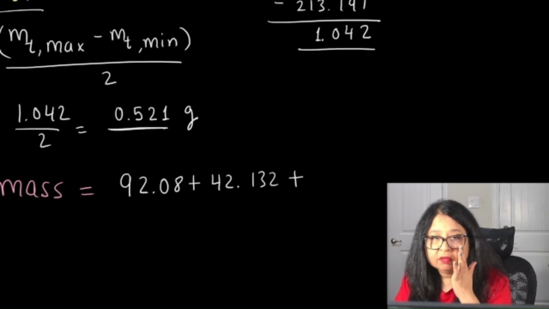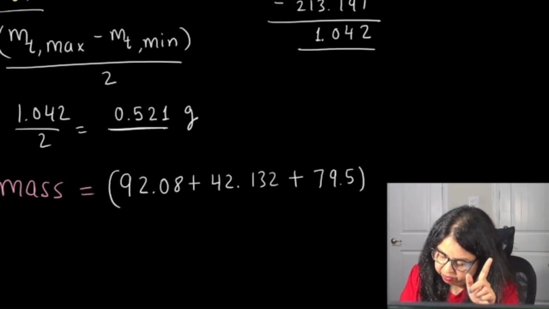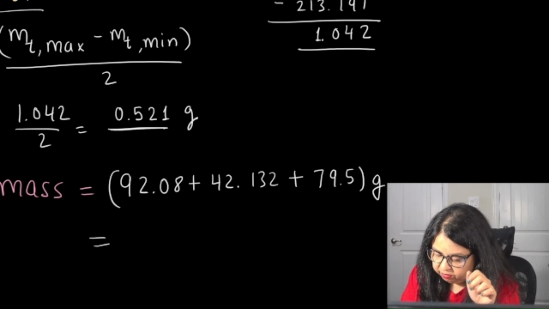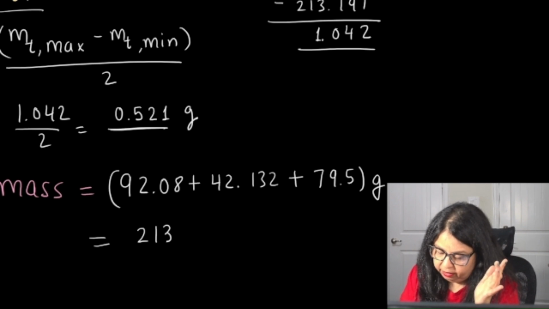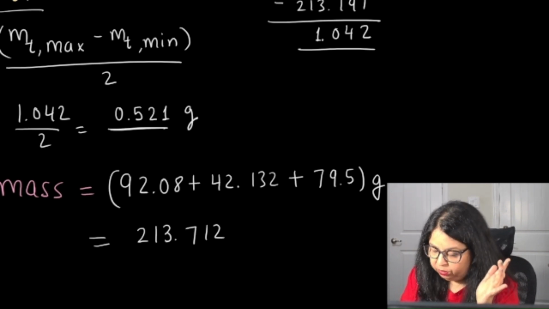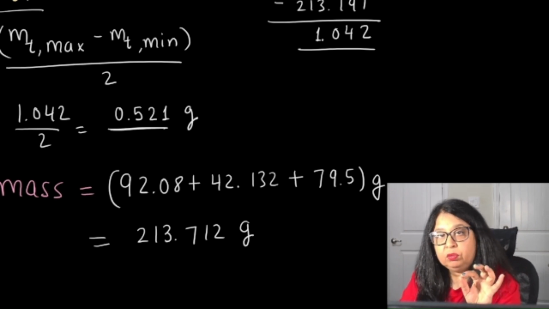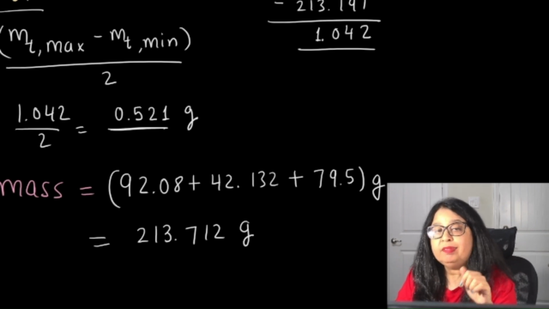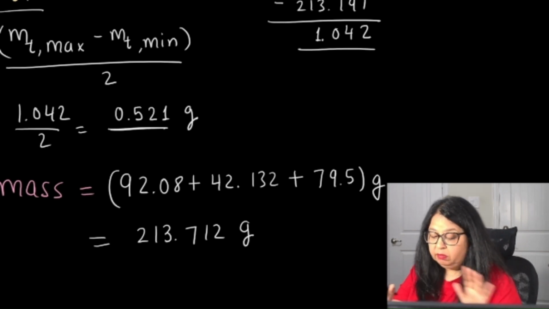Plus last is 79.5 grams. What does this give us? We add these three numbers and we get 213.712 grams. Now we're going to have to follow the rule of significant figures, which says when we add or